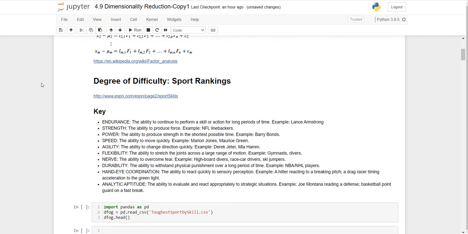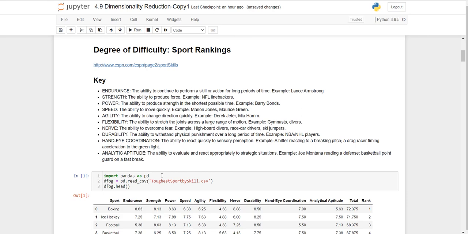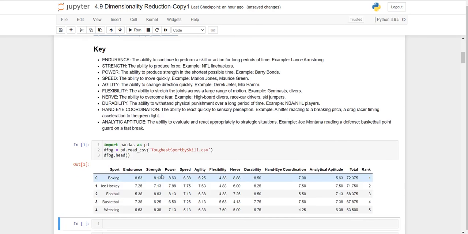So first things first, I'm going to import pandas as pd. I'm going to be reading my CSV file. I called it toughest_sport_by_skill.csv, load it into a data frame, and then look at the first 5 records. And voila, as you can see, boxing, ice hockey, football, basketball, and wrestling popped up as the first 5 records, which